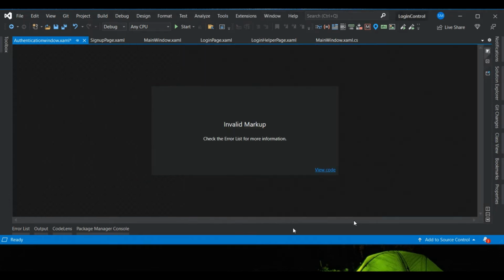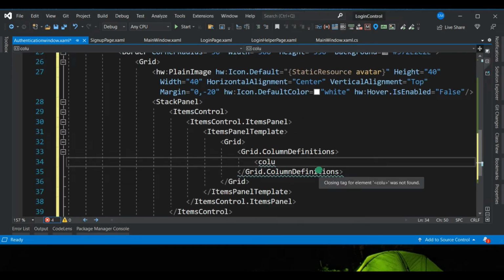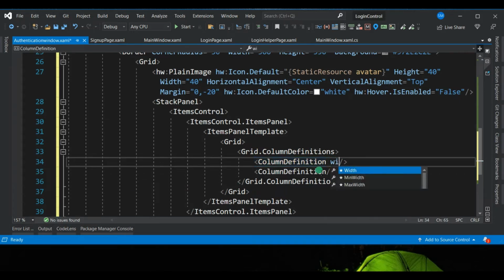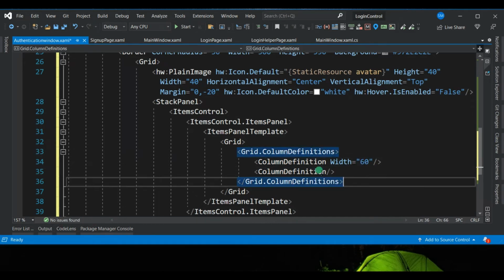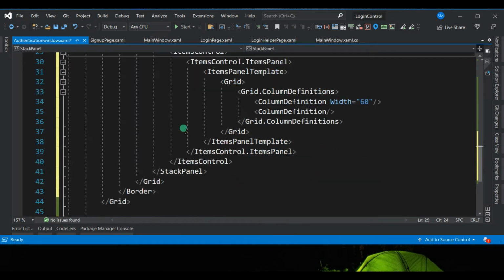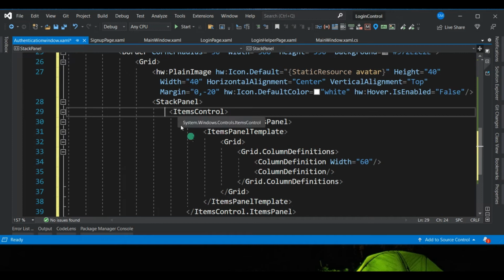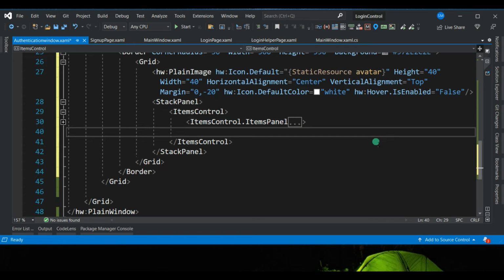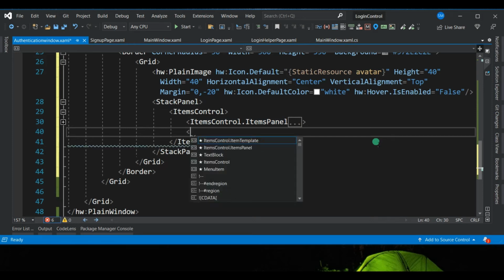Here, let me hide this XAML and let us only focus on here. Column definition and column definition. So with this, maybe 60 where we will have the names. That's fine. I have my items control which is 1, and I have a panel. That is fine. Then I will go down here and I will add